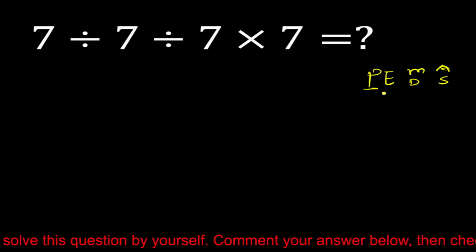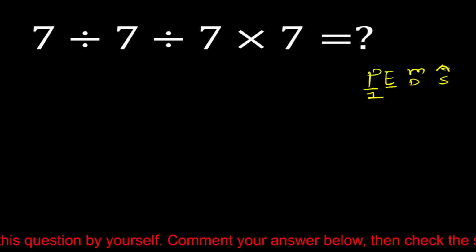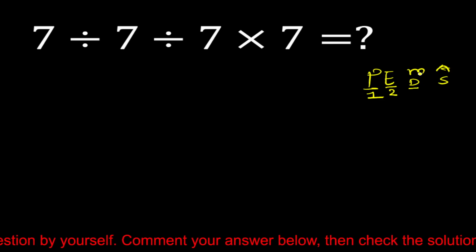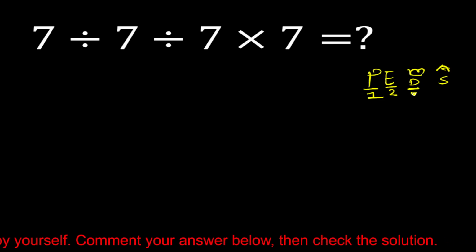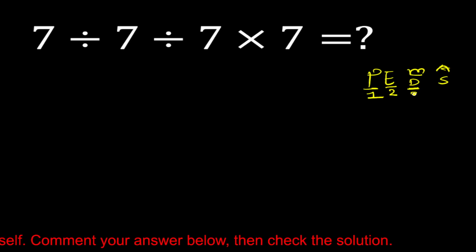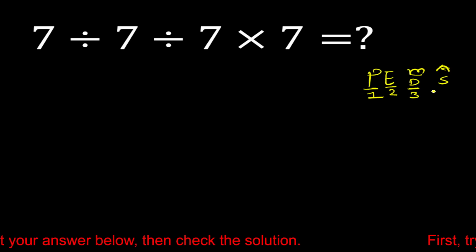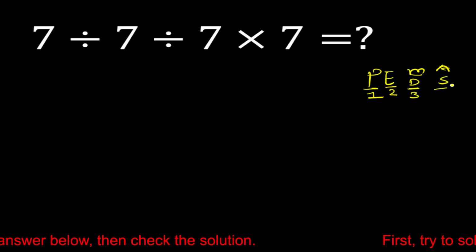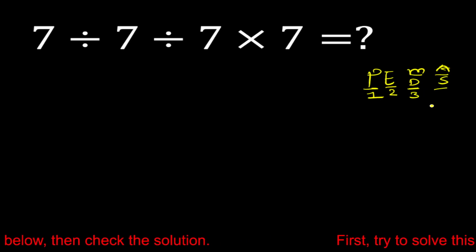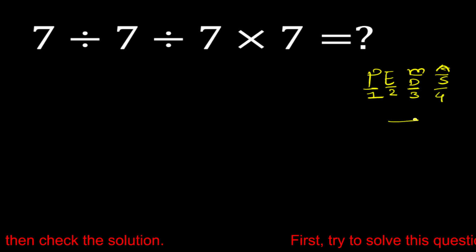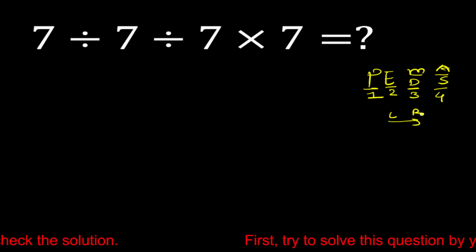According to PEMDAS, first priority is parenthesis, second priority is exponent, third priority is multiplication and division. Both have equal priority, so we have to solve it from left to right. Okay, and fourth and last priority is addition and subtraction. Also both have equal priority, so we have to solve it from left to right. Okay,